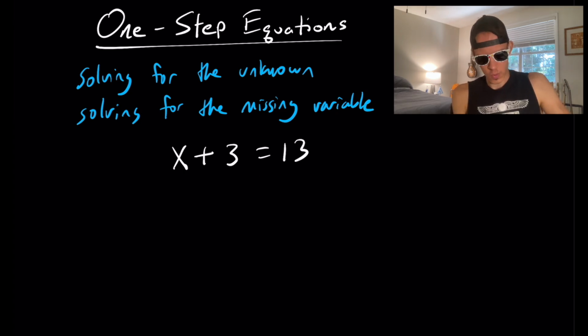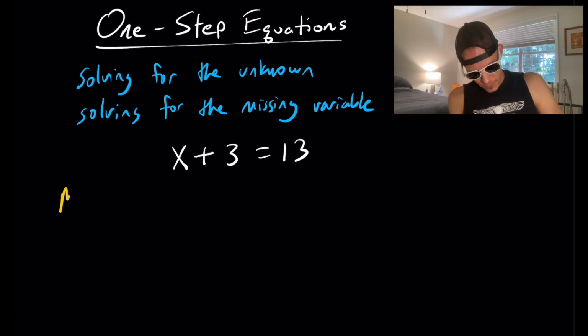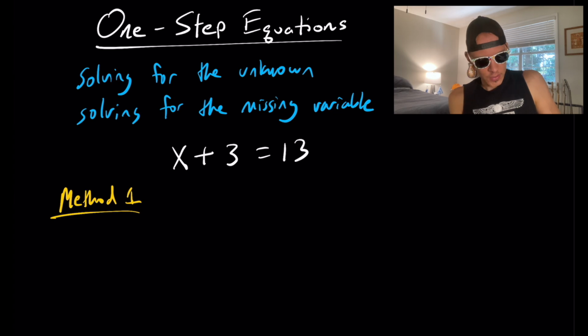And we're going to do what we just wrote. We're going to solve for the unknown, or solve for the missing variable. Here's my variable. I don't know what x is. So there's two ways we can go about solving for this variable, or solving for x. The first way, or the first method, method 1, is we can just use mental math, and we can ask ourselves,